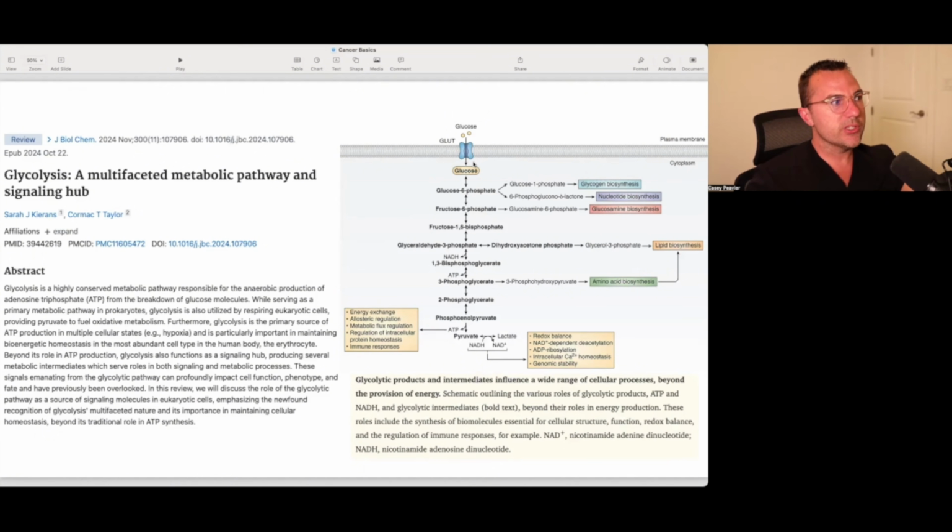What this paper is going to talk about, at least very basically, is that it's not just about energy. It's also about other things. So you can see here that, for example, 3-phosphoglycerate can then be converted into making amino acids, or glyceraldehyde 3-phosphate can go towards making lipids. Also, amino acids can go towards that as well. Or glucose 6-phosphate can be used to make glycogen or nucleotides, DNA, RNA, or glucosamine, and other kinds of complex